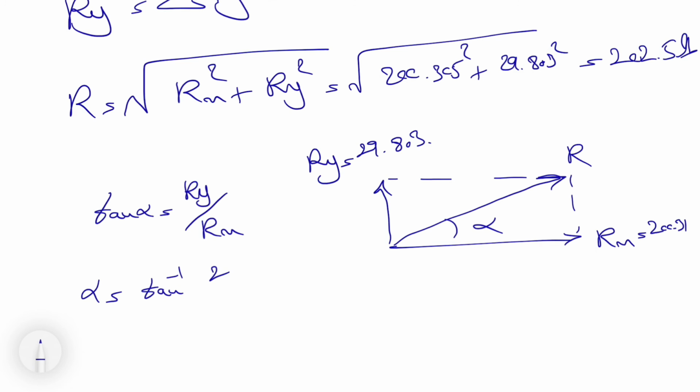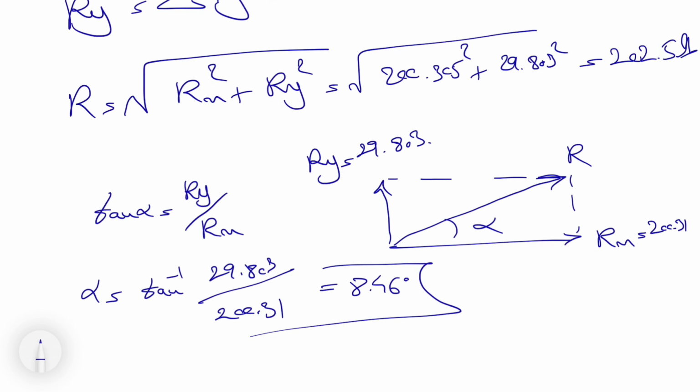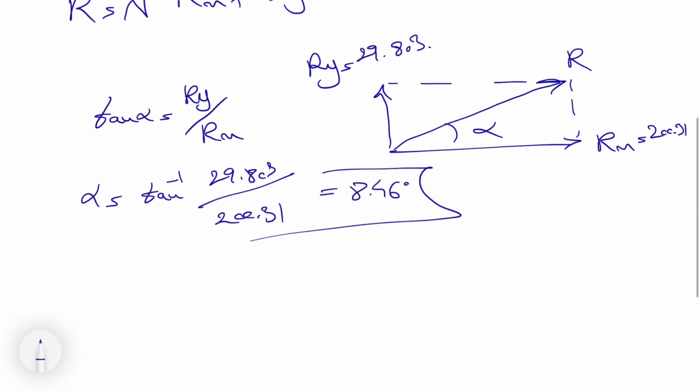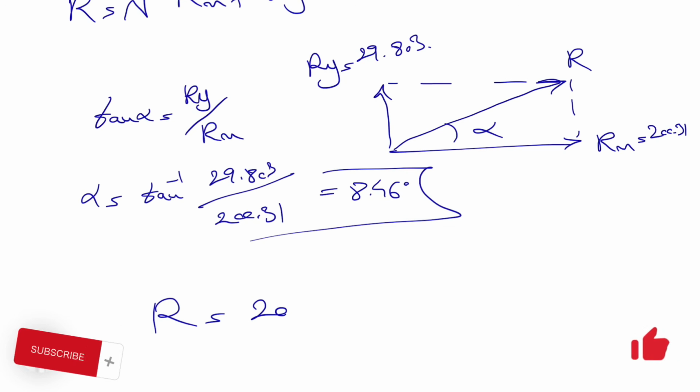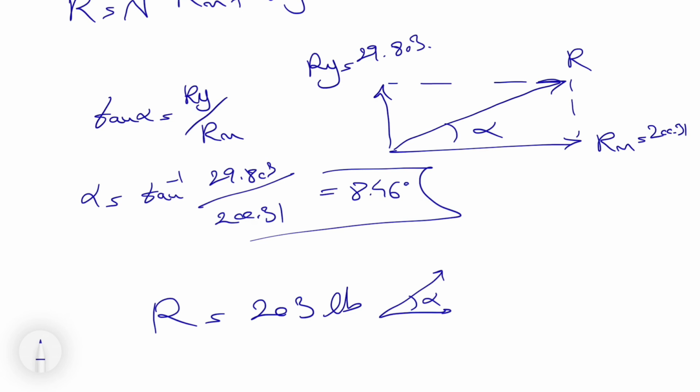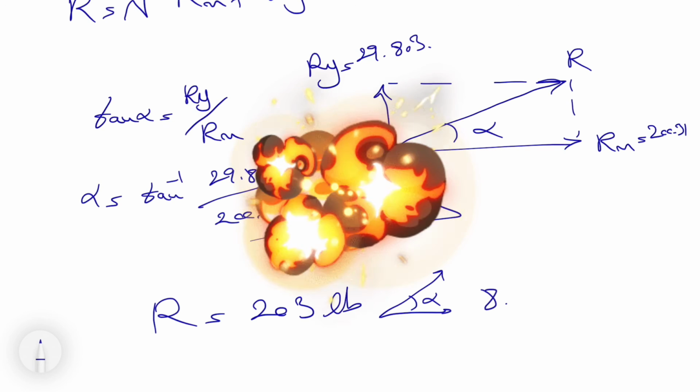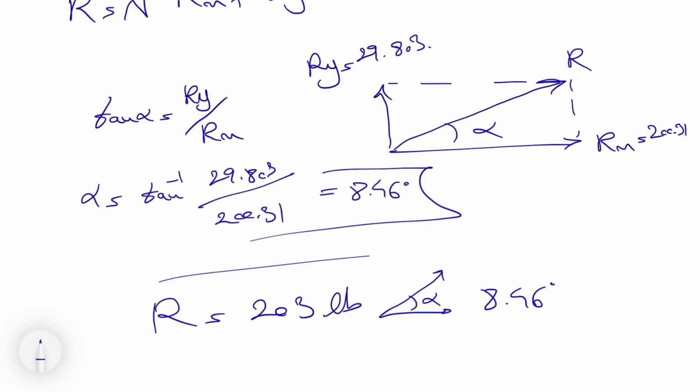We know the tangent of alpha will be Ry over Rx, and our alpha will be inverse tangent of 29.803 divided by 200.31, and this would give us 8.46. And if we want to show the final answer, we'll have